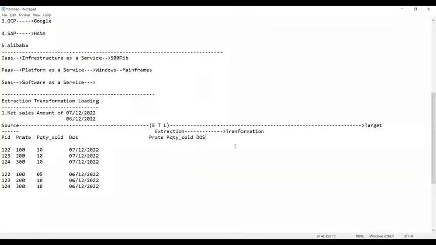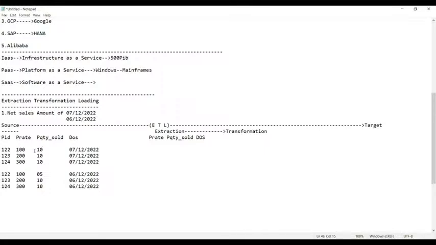Now, guys, the next process is the transformation. Can you tell me how transformation works? Transformation is the process of data summarization. Here, can you see, 100 rupees is the rate, 10 is the quantity.